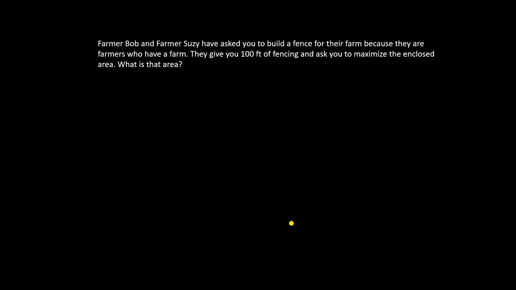Now let's talk about optimization. These are problems where you want to find the highest or lowest some value can be, given some restrictions. Let's go through the steps with this problem. The first step is to figure out what we know, what they're asking for, and whether we want to minimize it or maximize it. So, Farmer Bob and Farmer Susie have asked you to build a fence for their farm